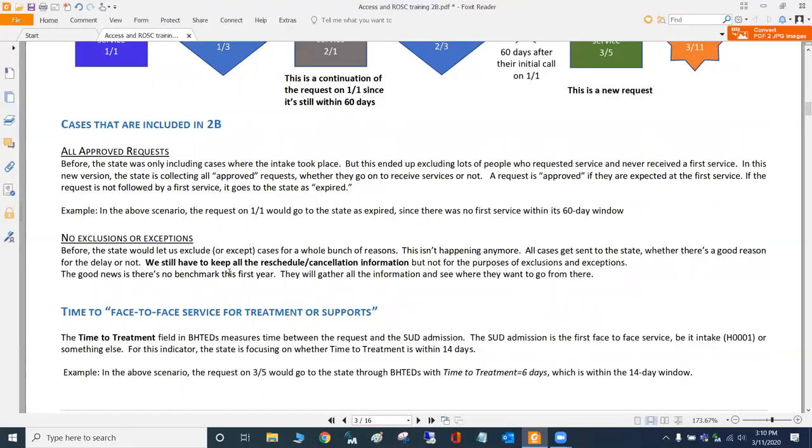This will be used for PI purposes and also for the auditors. They're going to want to see that information. It's a requirement in the code book. The good news, though, is that there's no benchmark this first year. They just want to gather all the information and see where we are, and then look at everything they have, and then probably come up with some different PI indicators or benchmarks.